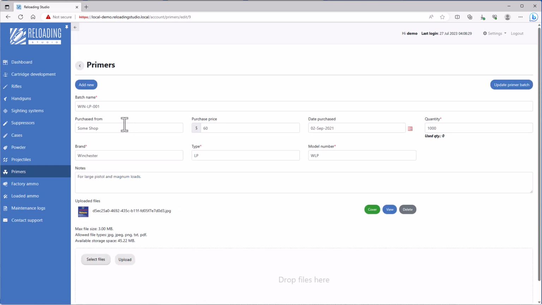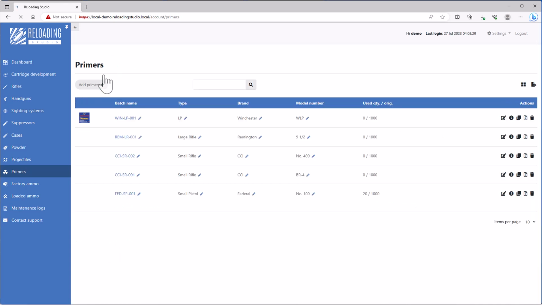I added my first set of primers. Here it is: purchase date, quantity, price, whatever. All of this can be changed. But let's say we've added this, we've updated, and here it is. Now to add 10 more, rather than